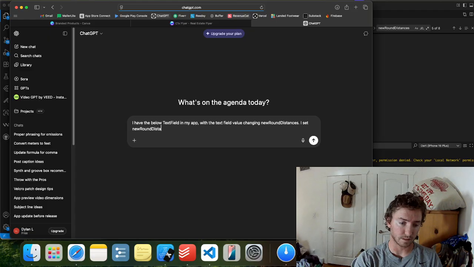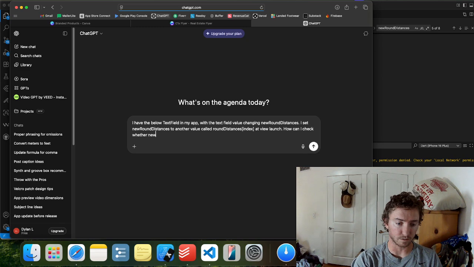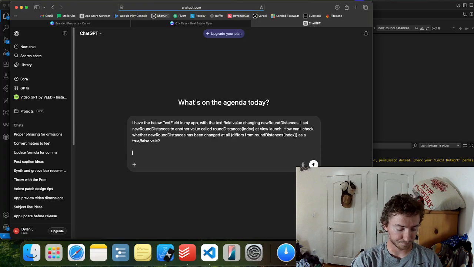Round distances to another value called round distances index at view launch. How can I check whether new round distances differs from round distances index as a true false value?